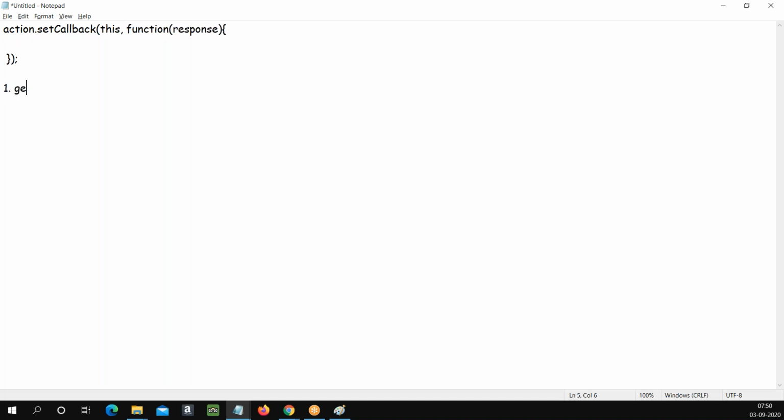It is going to return the method get state. You can perform a method called get state on the response. So I would say response dot get state. So this is going to return